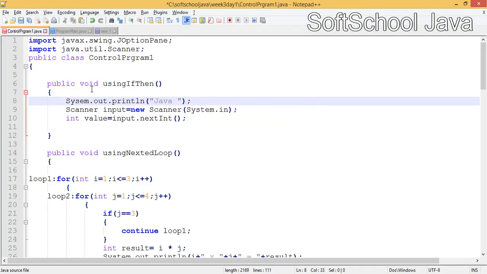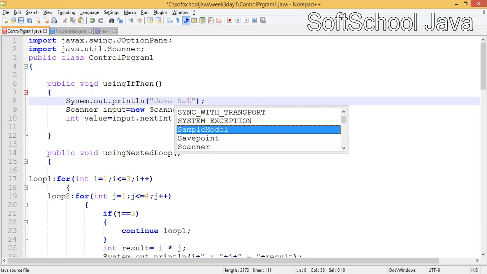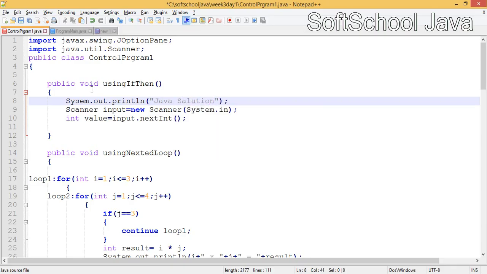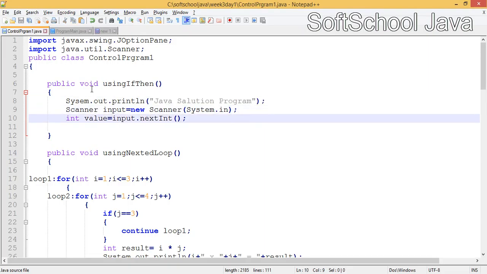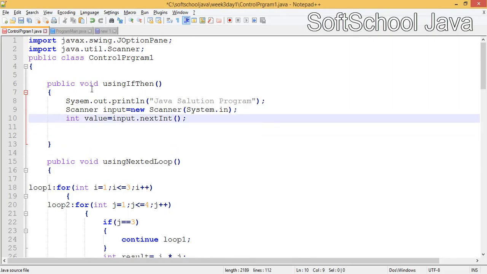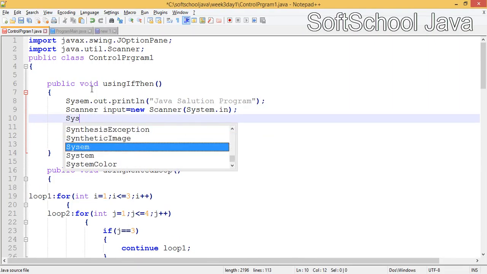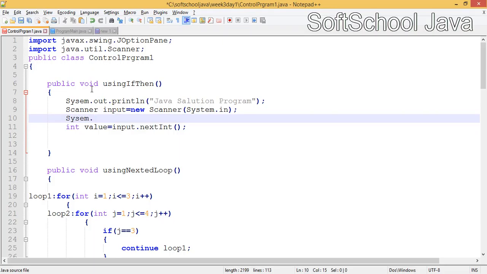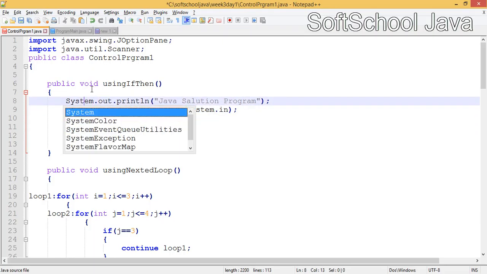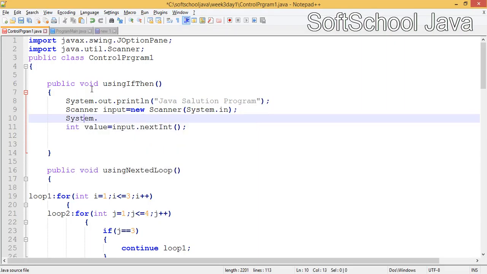Say Java salutation program. This program is better to greet the user, like good morning, good afternoon, good evening, something like that. So here I would say System.out